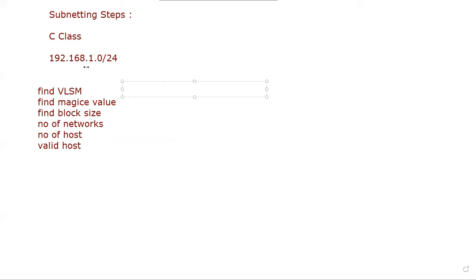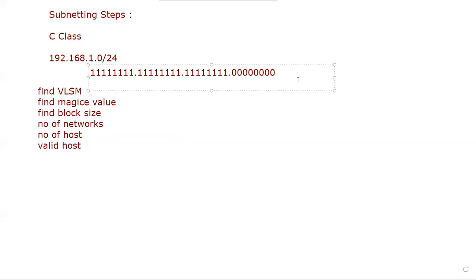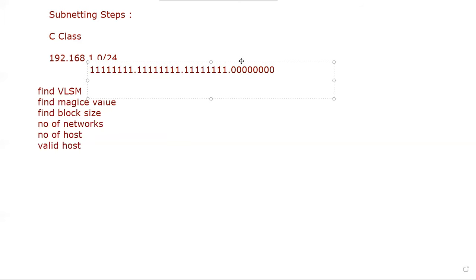Okay. /24 means, what is the meaning of 24? Counting the bits 1, 2, 3 up to 24, 25 and so on up to 32. So 24 ones are there. Okay. If 24 ones are there, then what is the VLSM? What is the value of